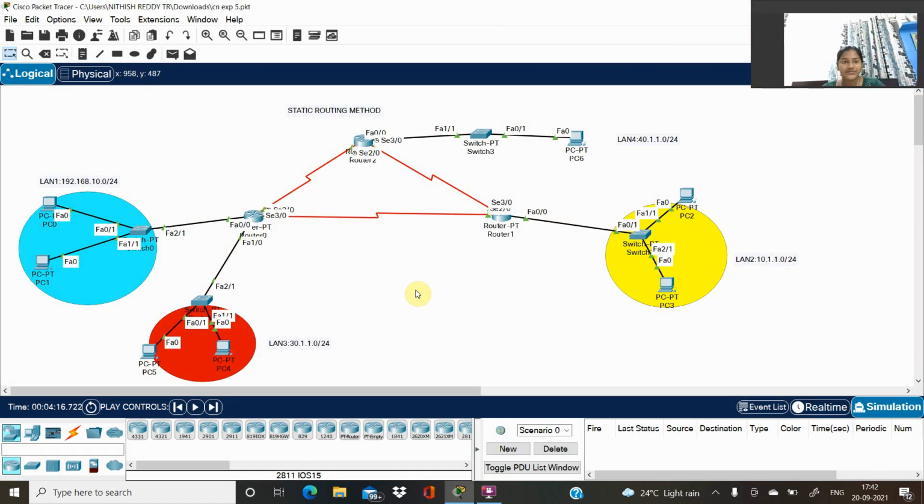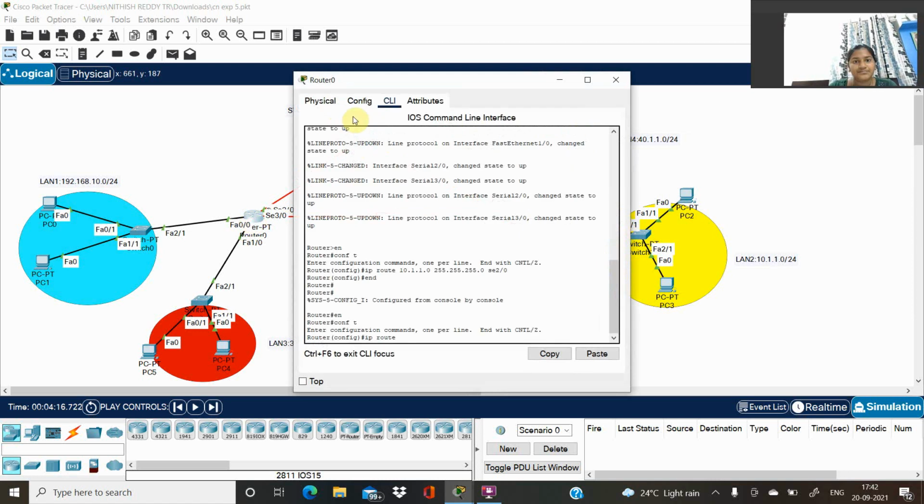So now let me configure PC0's router. IP route. First we have to enable it, then configure terminal. Next we have to give the IP route of the LAN 4 network address, so we have to give 41.1.0 and our subnet mask as 255.255.255.0.